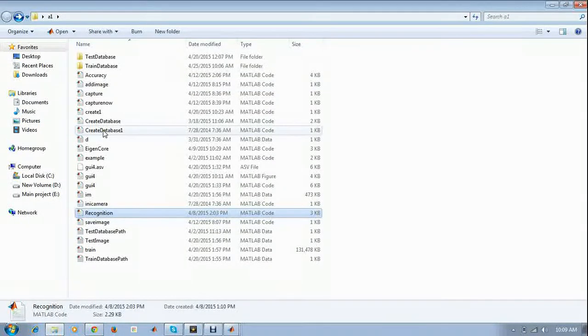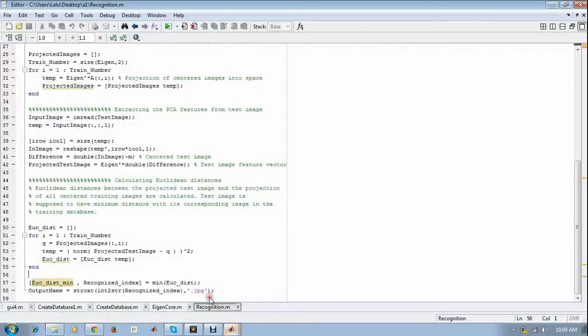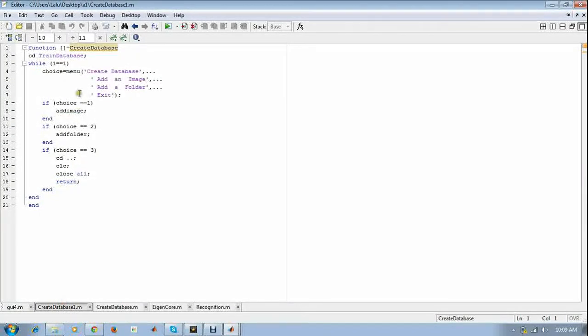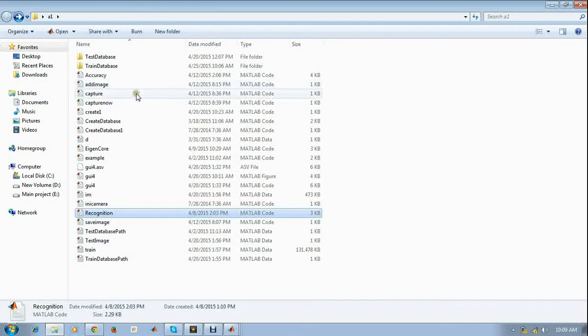For creating a database with camera access, we followed this code. I had already shown create database 1. Here is the function create database animation folder. If you press choice one, you add an image, and the process goes to add image.